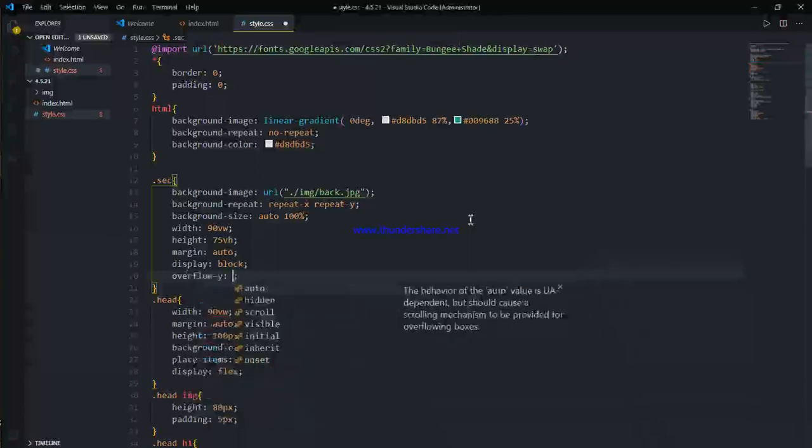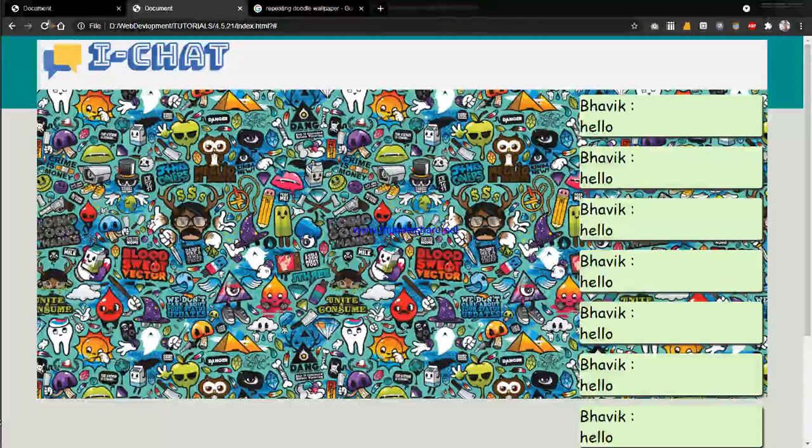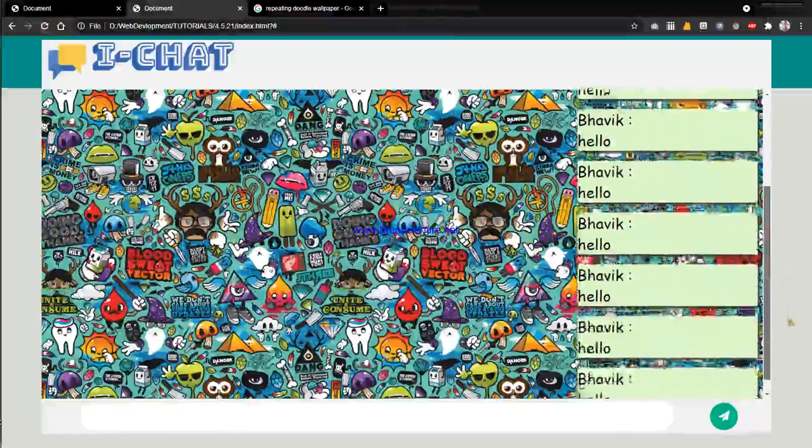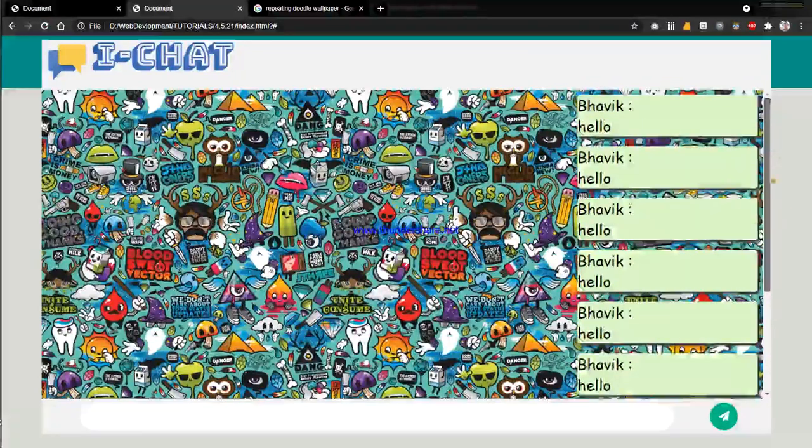So we will go like overflow y and tell it to let the user scroll whenever it is overflowing. So as we can see, it is letting the user scroll through all the messages.